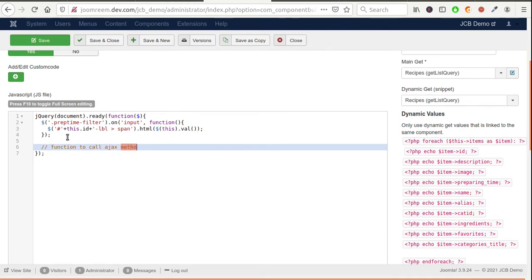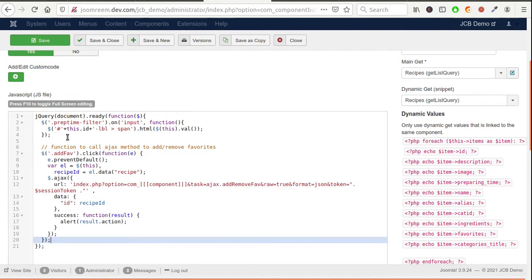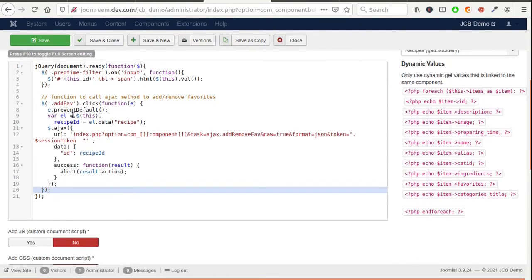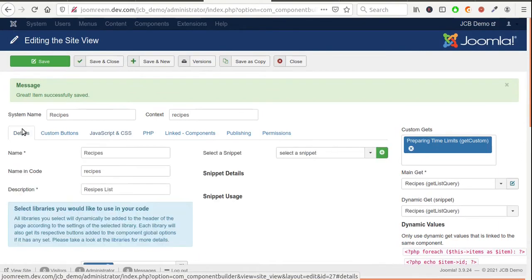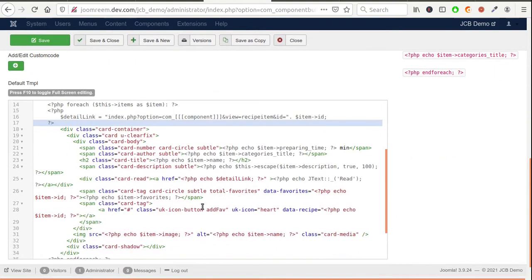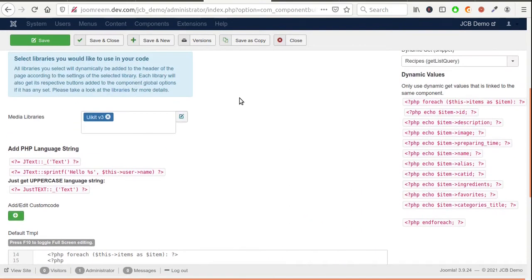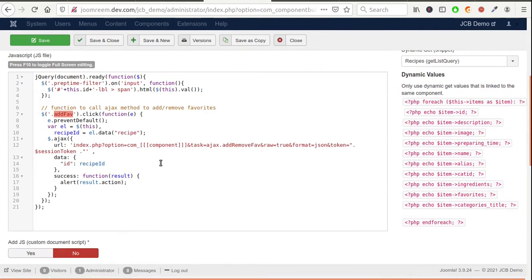Add a click event handler of the heart link element, using the CSS class add fav. Also, the recipe ID variable will hold the value of the recipe data attribute.